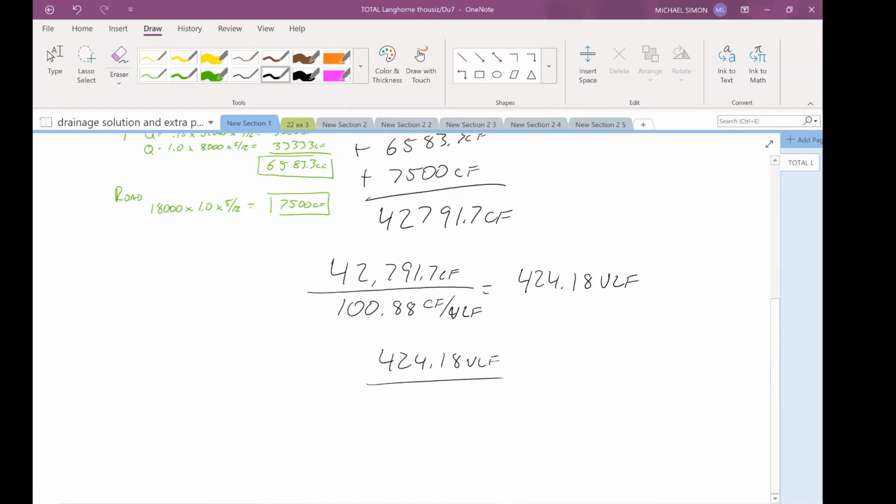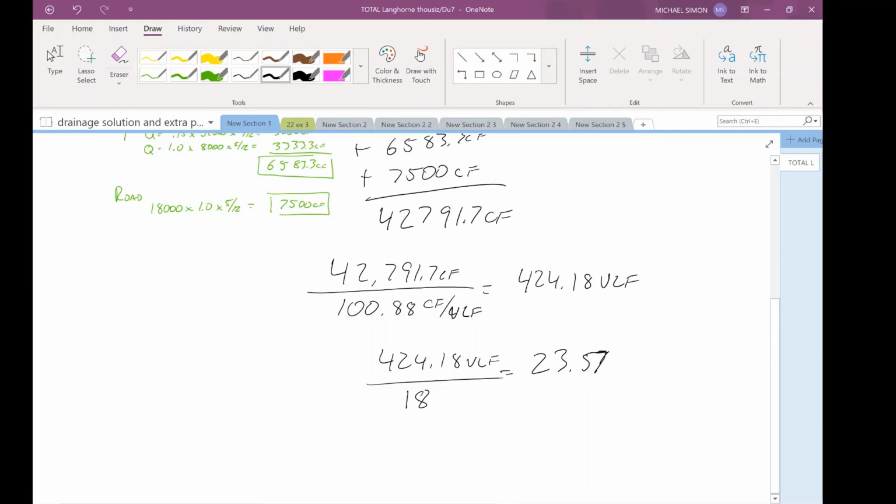Leaching pools, we always want to take groundwater minus 5 feet, but we don't do that blindly. Since groundwater is at 30 feet, if we subtract 5, that would give you an effective depth of 25 feet. However, and this is a very important point, you don't want to go past 18 feet. And that's why on the homework problem, I said use 18 feet for your effective depth. So divide by 18, and that gives me